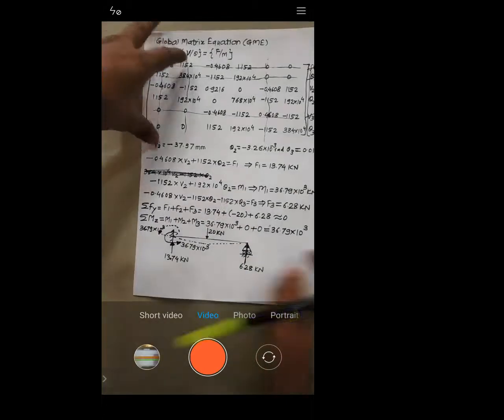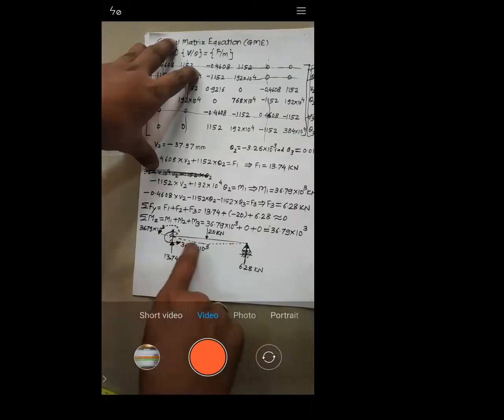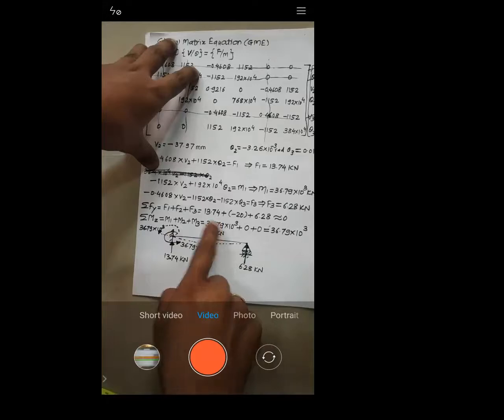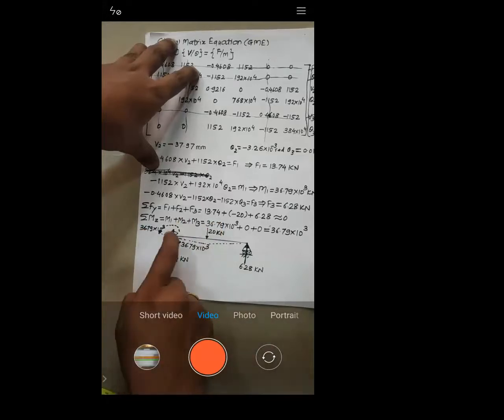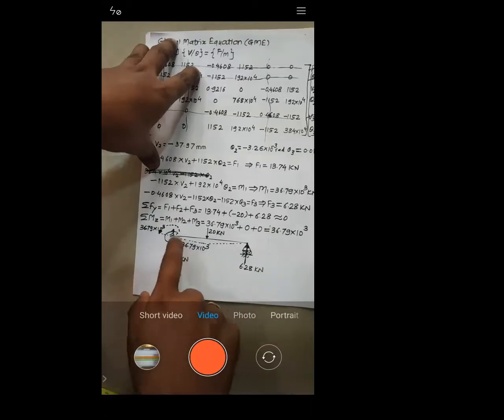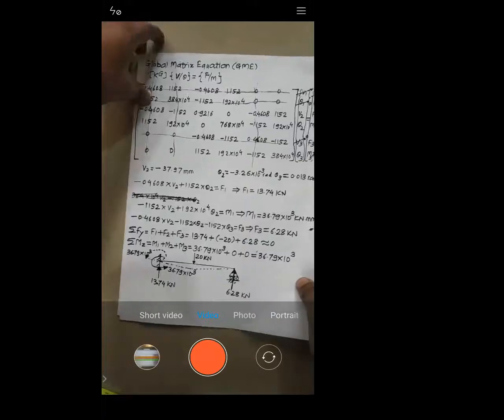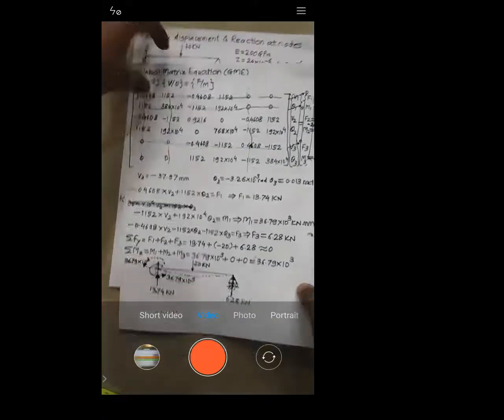See, when you apply the force, it is going to bend like this. So the movement produced is 36.79 into 10 to the power 3 in anti-clockwise direction. Now it is like a dotted shape. Now if you need to bring it to its original position, you need to produce the movement with the same magnitude but with a different direction, that is in clockwise direction. Then only it is going to regain its original position. Is it okay now? Yes, sir.